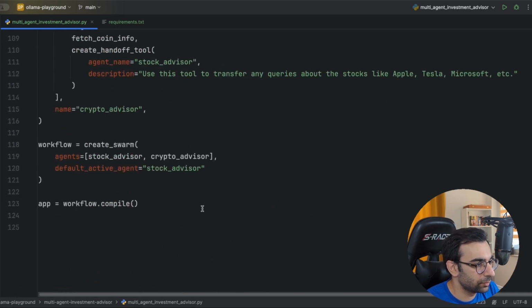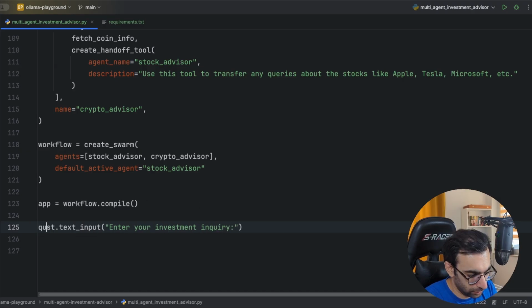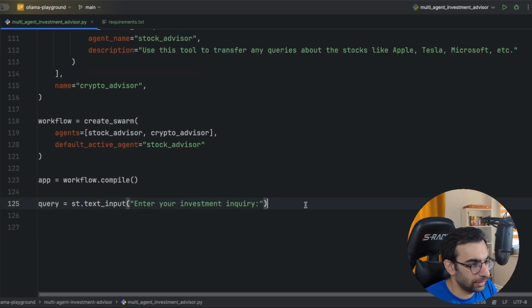I'm gonna say we are gonna get users query as a text input. I'm gonna say enter your investment inquiry. Then this should be user's query, and then if query exists,